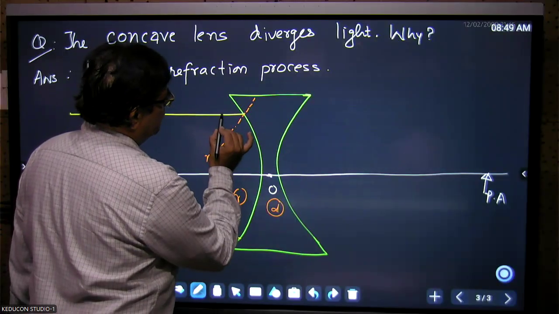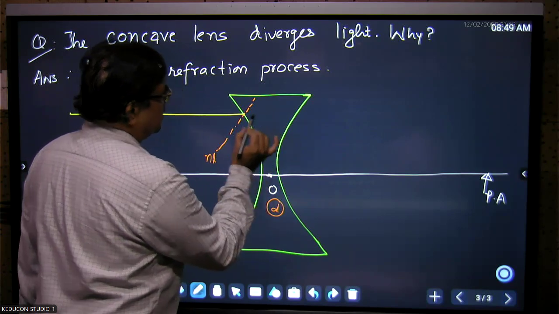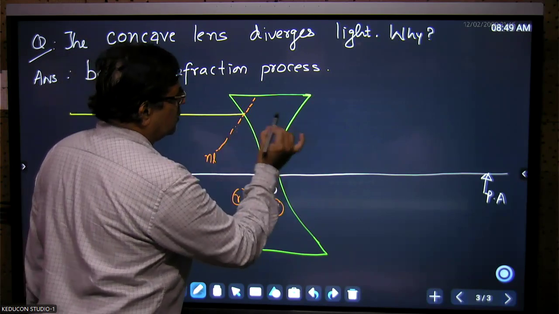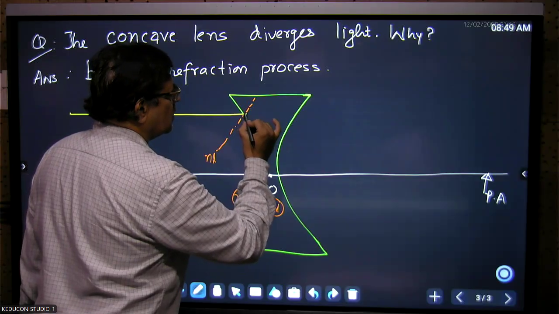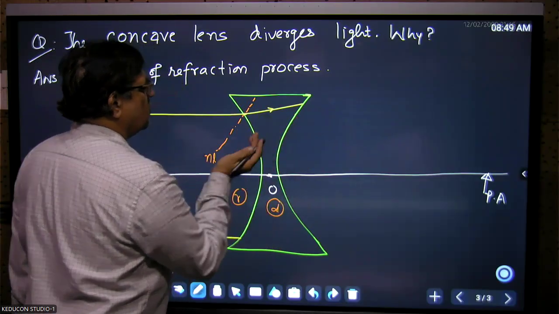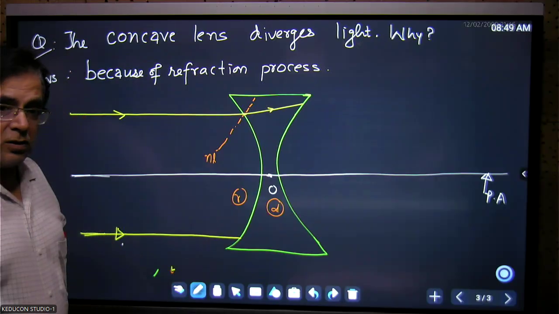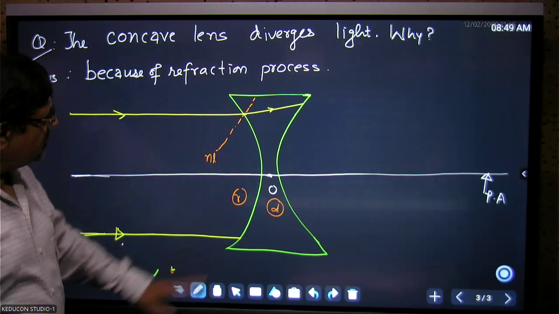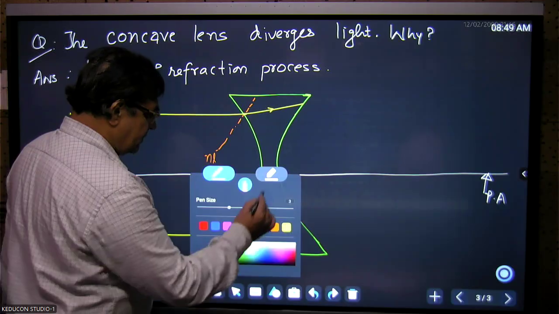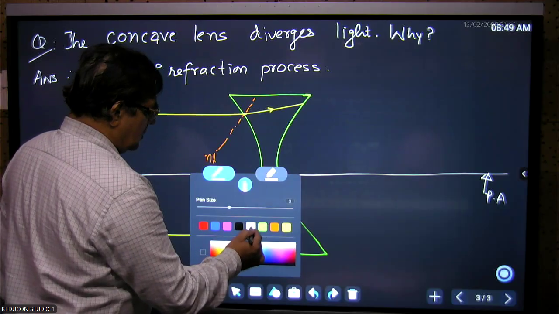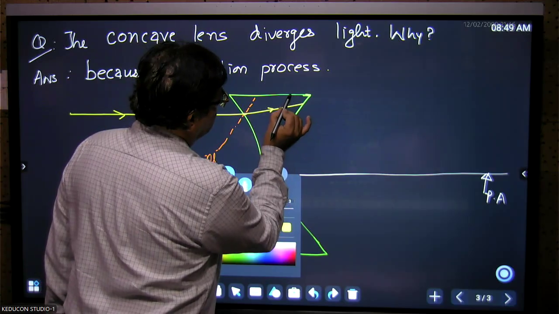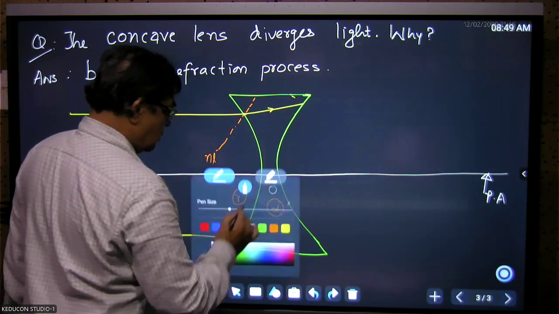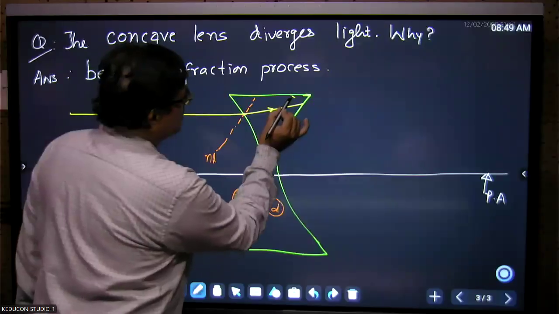So instead of going in the same horizontal straight line, this yellow line will not strike here. Rather, it will strike like here, because it has to bend towards the normal while entering the denser medium. In a similar manner, if I draw another normal here in white colored dotted line,